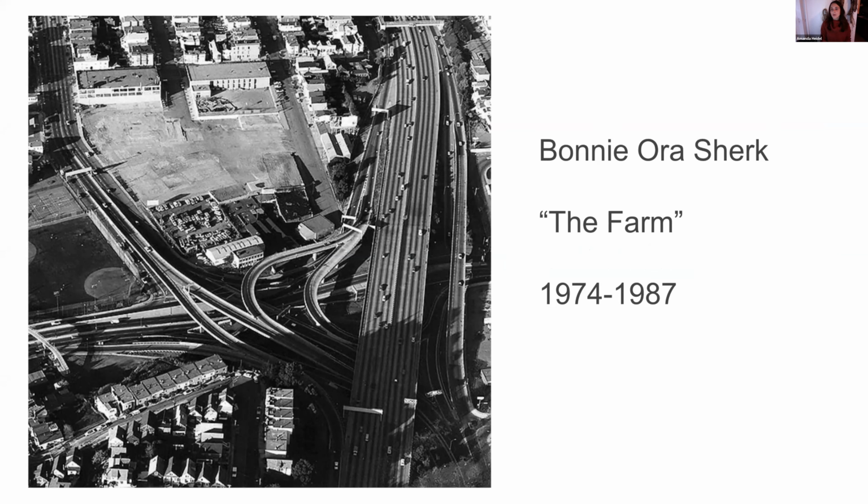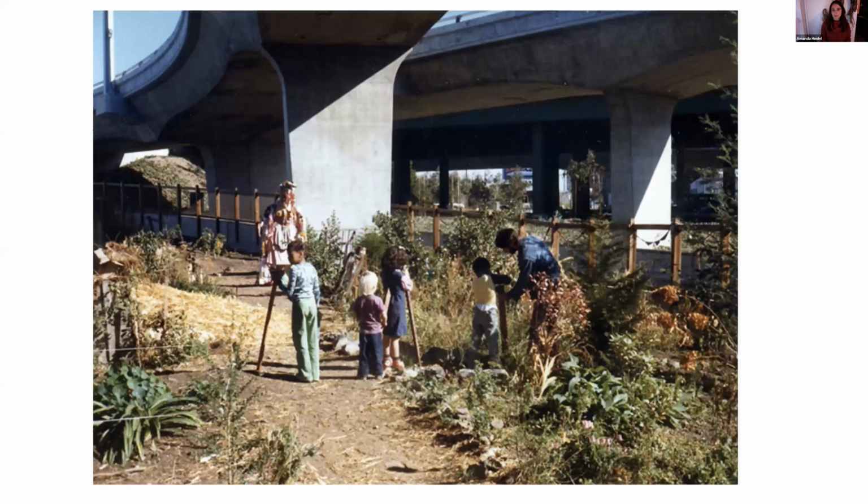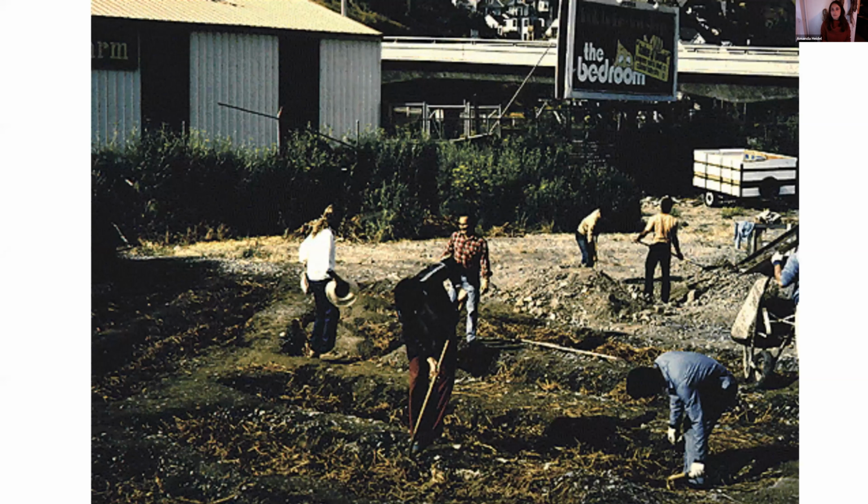And so this project in particular is by Bonnie Orshirk. It's called The Farm. And it was a 6-year project where the artist worked with community to transform basically unfarmable plot of land underneath a busy highway in San Francisco. And so they created this giant thriving farm that was so exciting and so inspiring to me that the